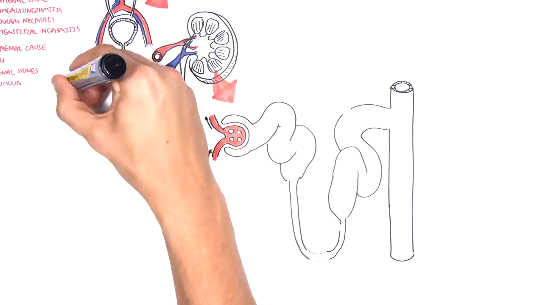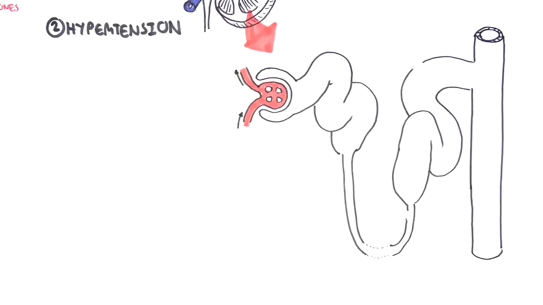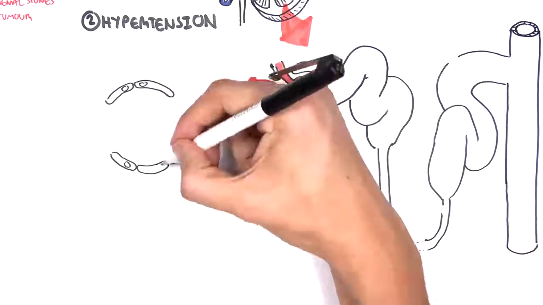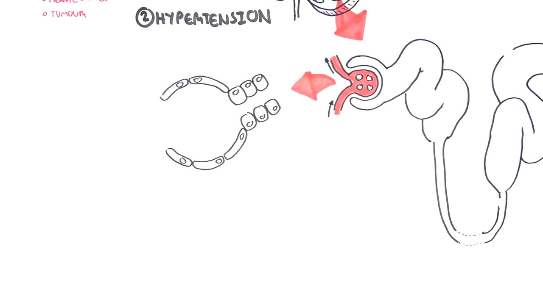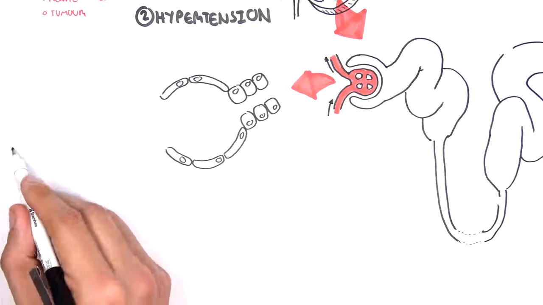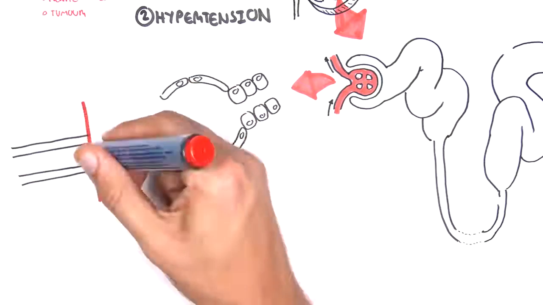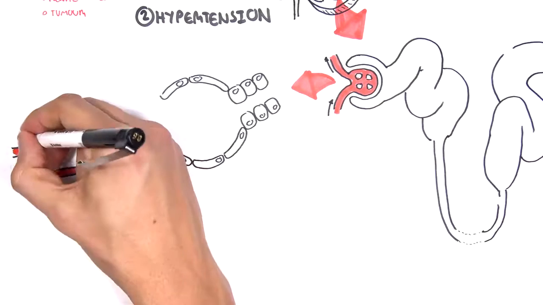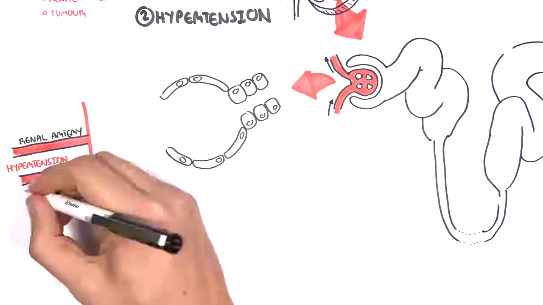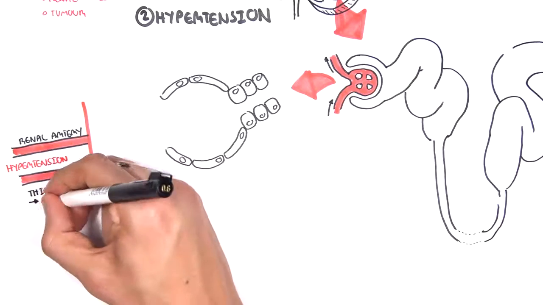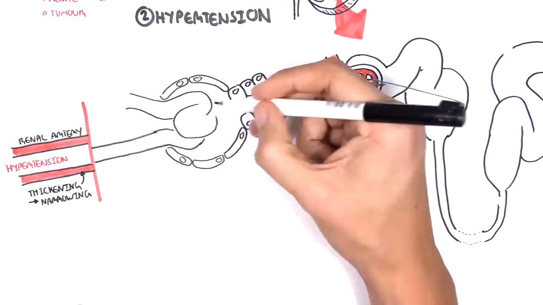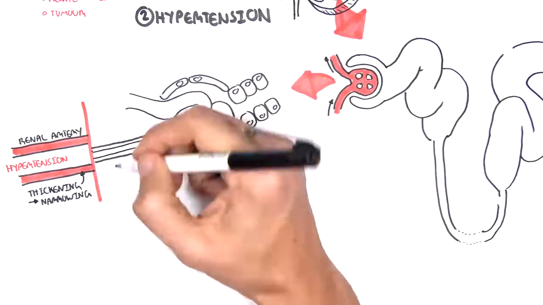When there's normal blood pressure, everything is smooth and everything is filtered. So let us see what happens in hypertension. Let us zoom into the head of the nephron, the Bowman's capsule area. Blood vessels enter this area, and these blood vessels originate from the renal artery. Here I am drawing part of the renal artery which enters the kidney. When someone has hypertension, it causes thickening of the blood vessels, which leads to narrowing of the lumen. Because of this narrowing, there is less blood flow to the kidneys, to the nephrons.